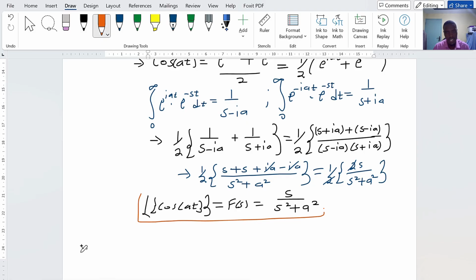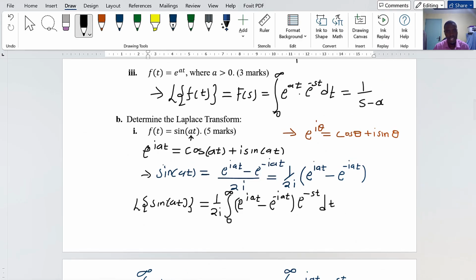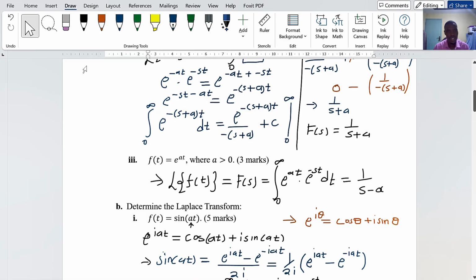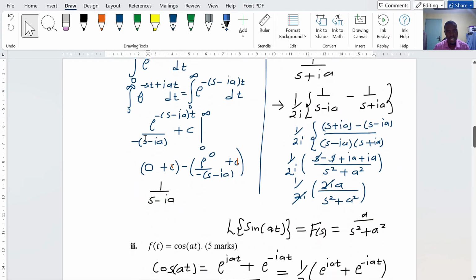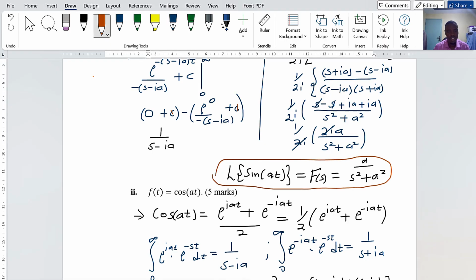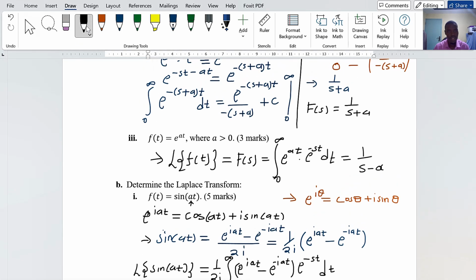So this one is very important, very important. And I also circle this. Where's the other one? For sin at, did we do that? Yes, sin at. So this is also very important. These are standard Laplace transforms that once you know, it's very easy to work with Laplace transforms. And then we also need this. This is very important, even if it is not done, but we borrow it from what we did on the